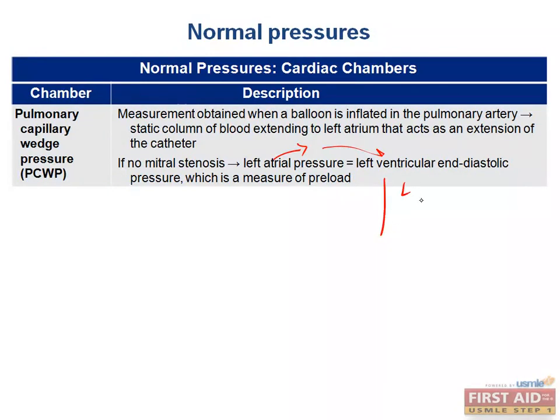That's because the left atrium is also contiguous with the left ventricle if the mitral valve is fully functional in diastole, when there should be an open communication between the two. If you were to have mitral stenosis, so a very stenotic fibrotic mitral valve sitting right here, and this is the left ventricle, there's buildup of pressure in the left atrium